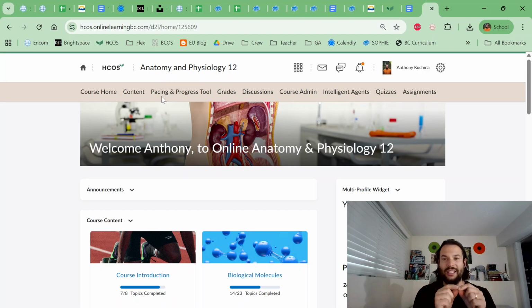The start date is automatically going to be something that you input, and it should be today, or whatever day that you log in. Now, what's weird is that Brightspace will make the default end date just 6 months from now. It's an arbitrary 6 months in the future. You shouldn't follow that. You should change the end date to whenever you want to finish.